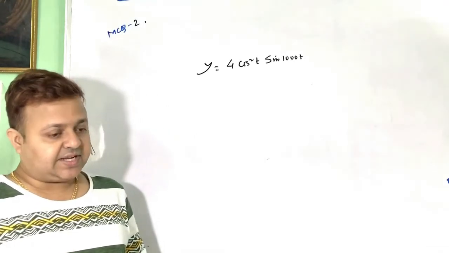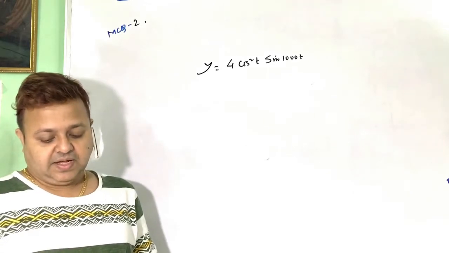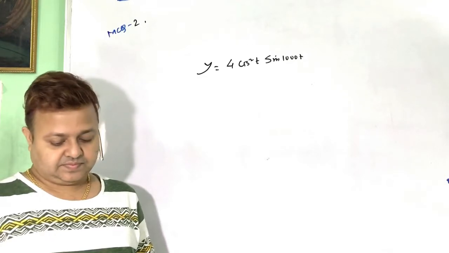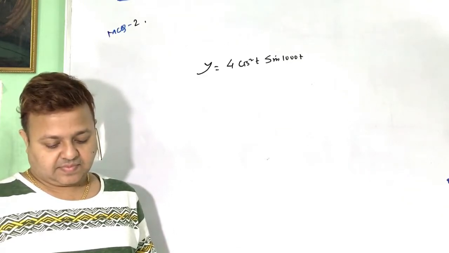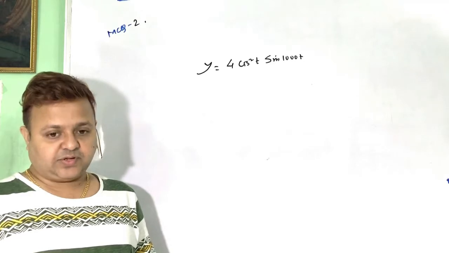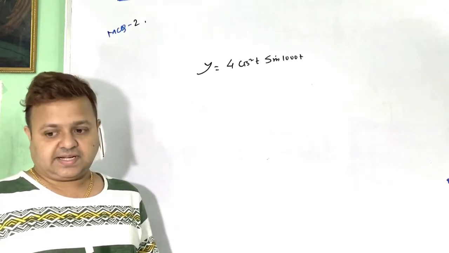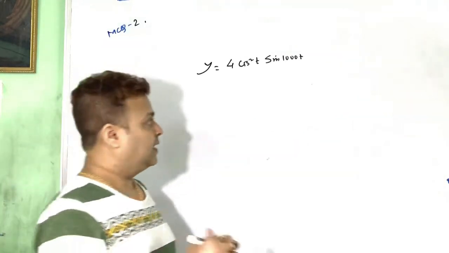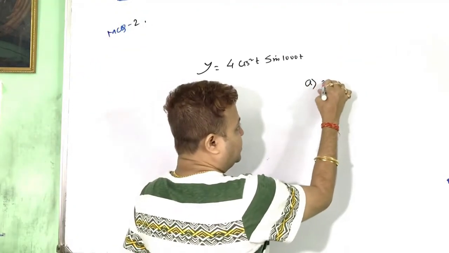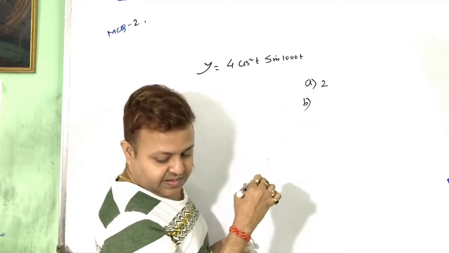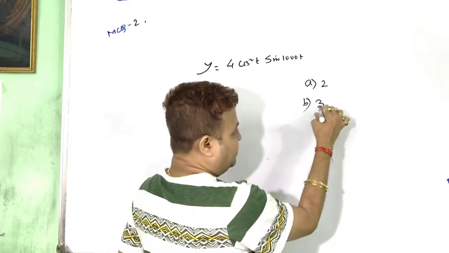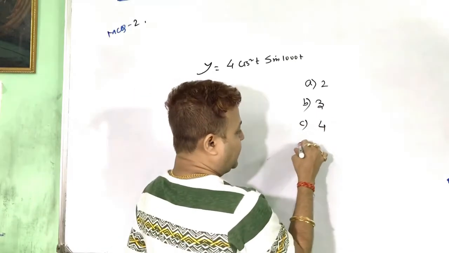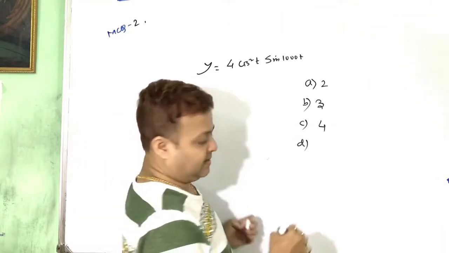This expression may be considered to be a resultant of superposition of how many waves? Option A হচ্ছে 2, B হচ্ছে 3, মানে কতগুলো নাম্বার ওয়েভের সুপারপজিশন হচ্ছে, 4, 5।